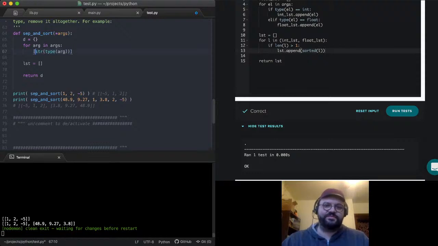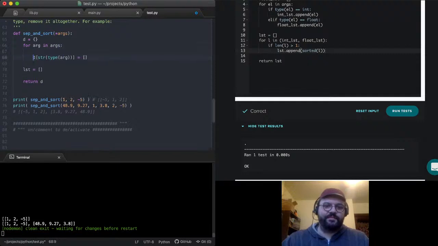So I'll say d sub string type arg. And I want the value to be a list. And I want to initialize the empty list if the key is not a member of the dictionary. So that's the key, and we'll say if string type arg not in D,